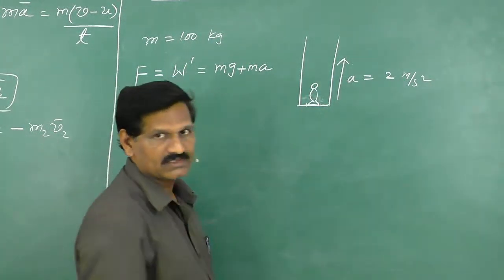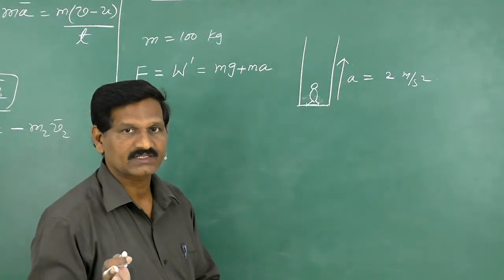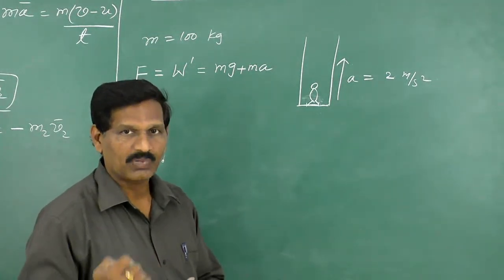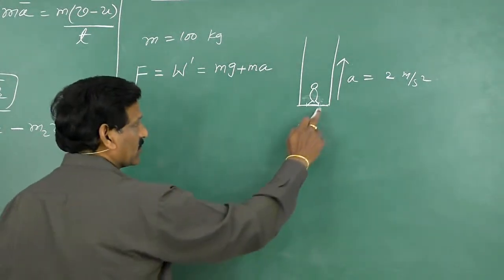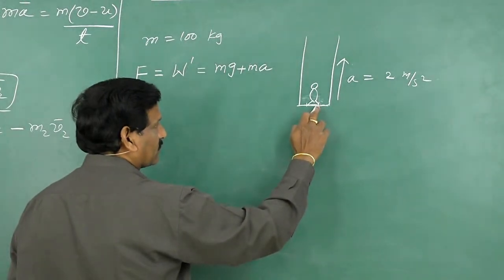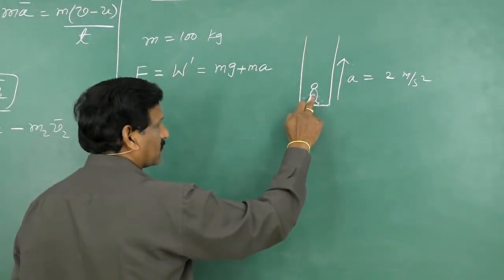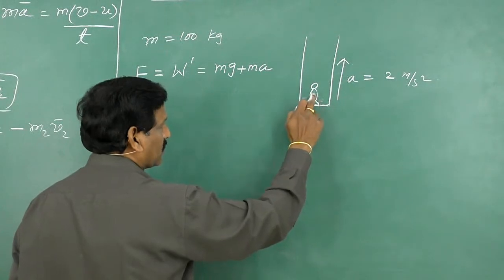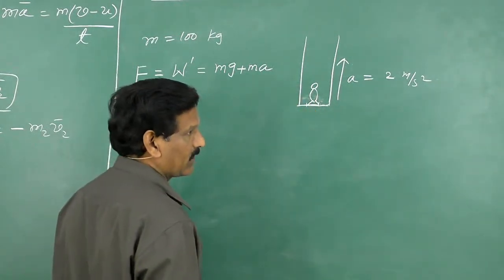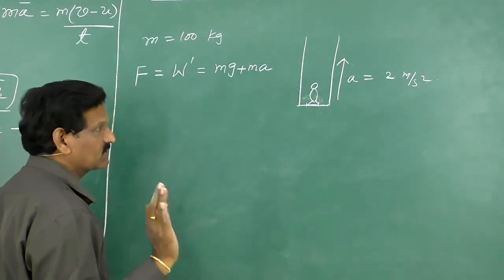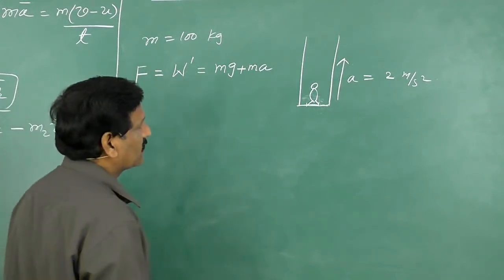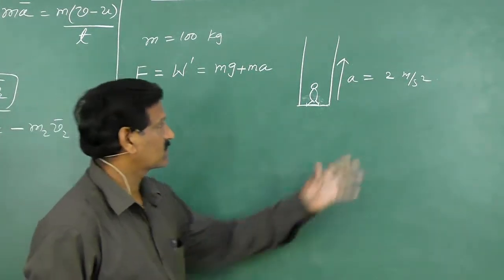Weight of the body means normal reaction on the body by the surface. So here this floor is surface, the floor exerts a normal reaction of mg on the body in the upward direction when the lift is stationary, because here the lift is moving upwards with an acceleration of 2 meter